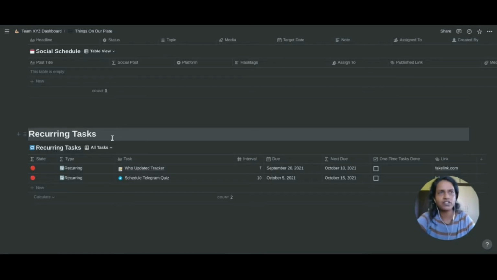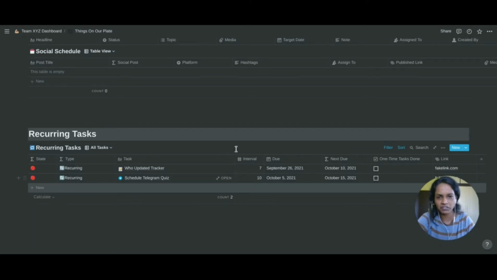This table I copied from Thomas Frank, and I use it to maintain some of the tasks that I need to tackle at a regular interval, but each task will have a different interval that I can set here. For example, this task I want to take care of every 7 days. The next one I want to take care of every 10 days.